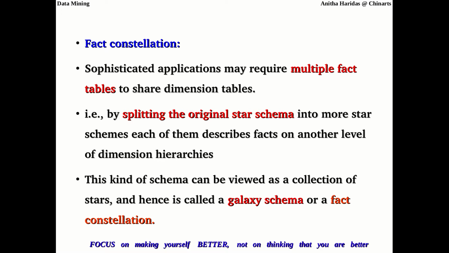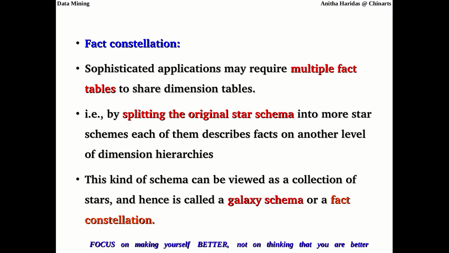Suppose, for example, for a university, if I want to have two fact tables, one dealing with pass percentage, another dealing with admission record. So obviously the admission record as well as the pass percentage fact table will be pointing to a dimension table that contains the student information, right?